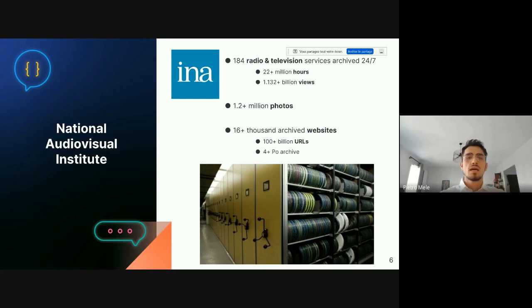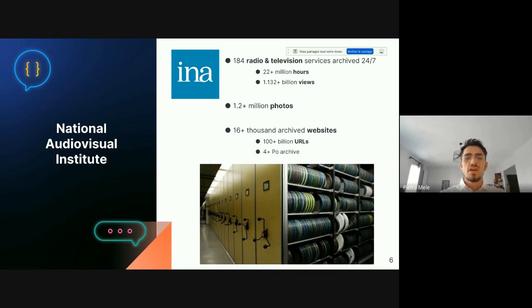So let's talk about numbers. INA's collection is the result of the archive of everything that is audio and visual broadcasted from more than 184 radio and television services in France, 24 hours a day, every day since the beginning of 1990. If this can seem huge, this is just an aspect of the INA.